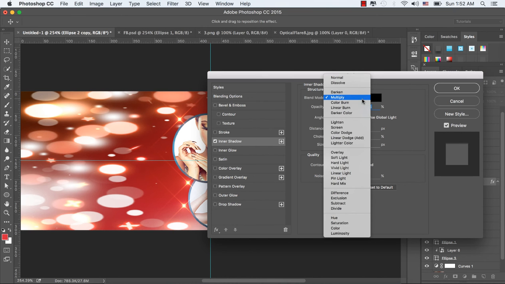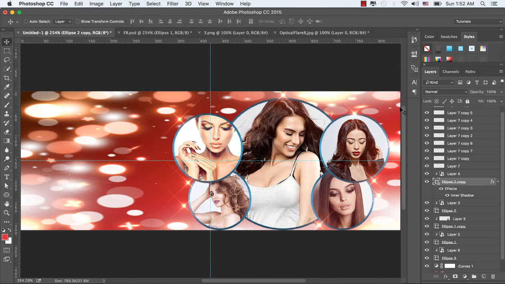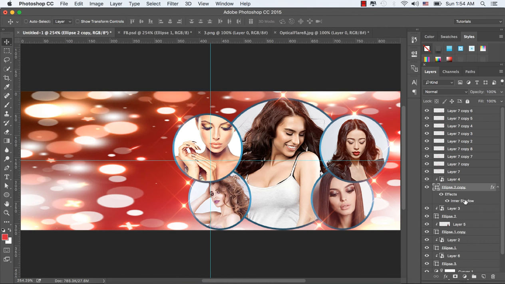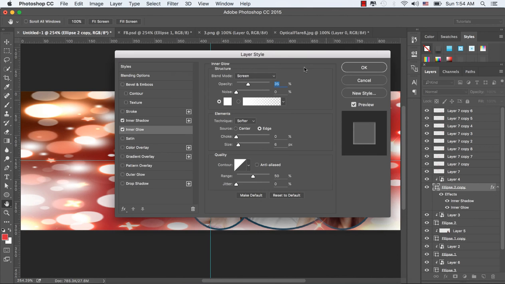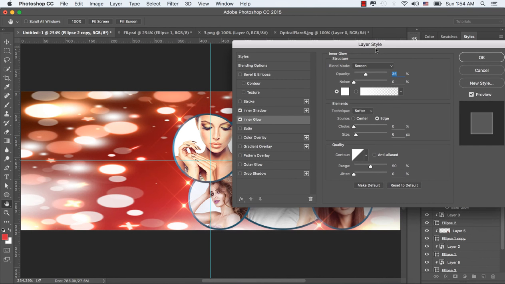Let's press the FX menu and from there select inner shadow and set the opacity to 35, distance 3, angle 90 and press OK. Again we adjust it a little bit.